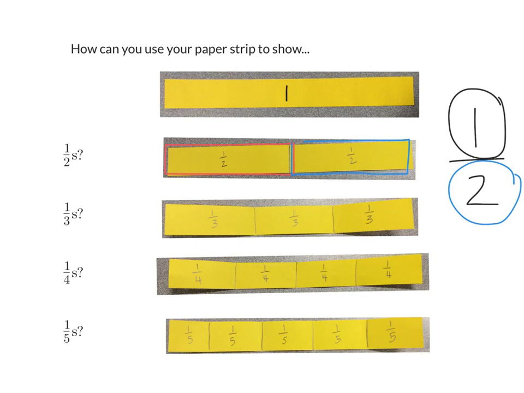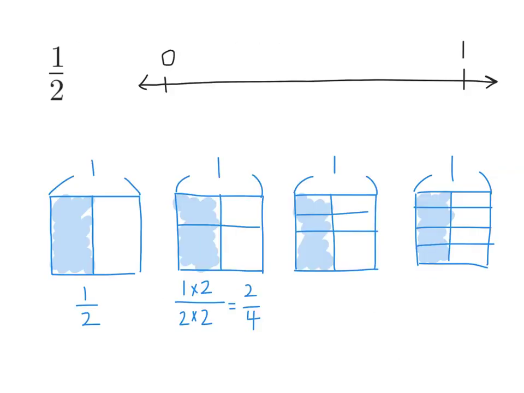Okay, and the bottom number is called the? Denominator. Very good. So that should be review from before, okay? So we did this really quick paper strip activity to remind you what a fraction means. As a reminder, today we are using number lines and